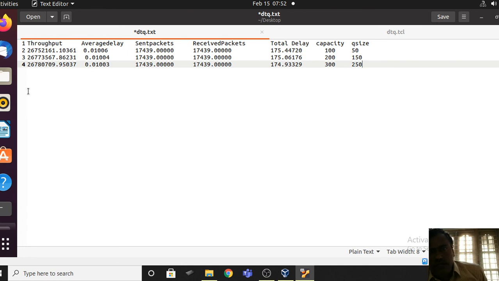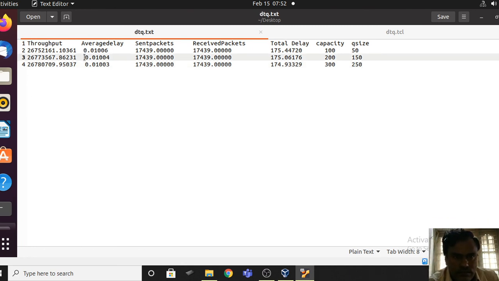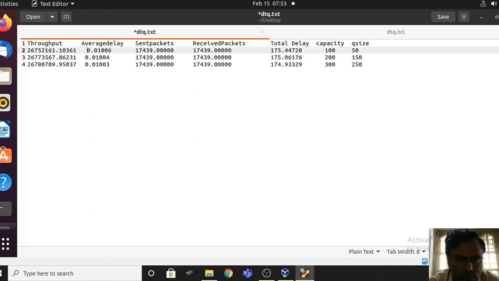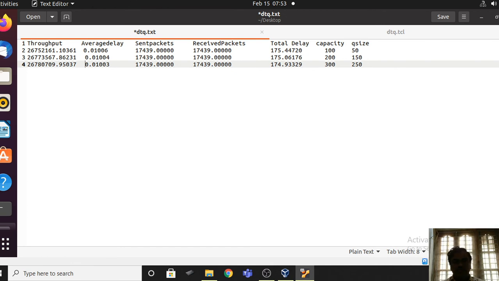If I wanted to plot a graph, okay, this is the first column. First column is throughput.